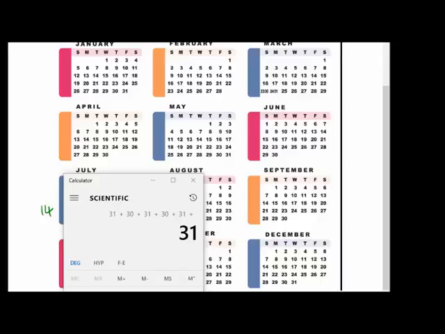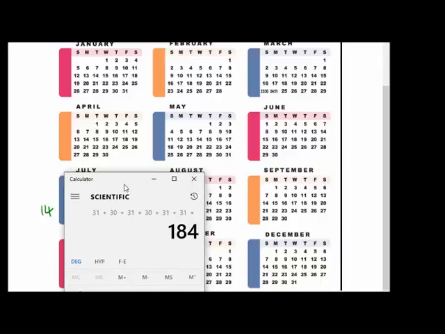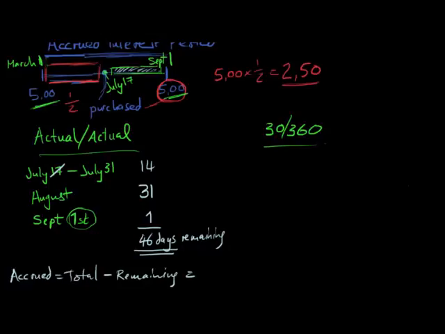Plus 1 day in September, the payment day. But then we've got to minus the 1st of March, which was the last payment date. So the total number of days in the semi-annual period is 184. So in the actual method, we've got 184 total days less the 46 days remaining,